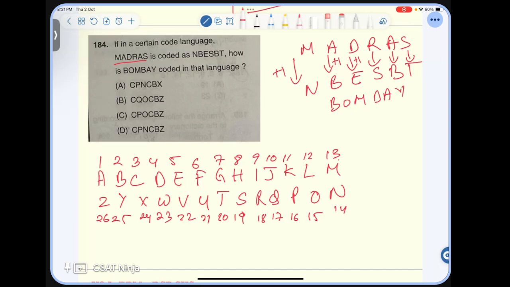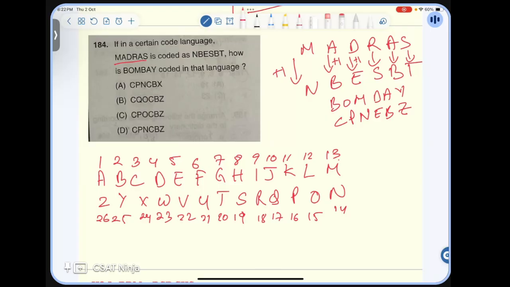So now let's check. We need to find for BOMBAY. B plus 1 is C. O plus 1 is P. M plus 1 is N. Is there C, P, N? Yes, there's more. D, R, S plus 1. That means D plus 1 is E. R, N, S is a plus 1, and A plus 1 is B, and Y plus 1 is Z. So the option here is your friend is getting